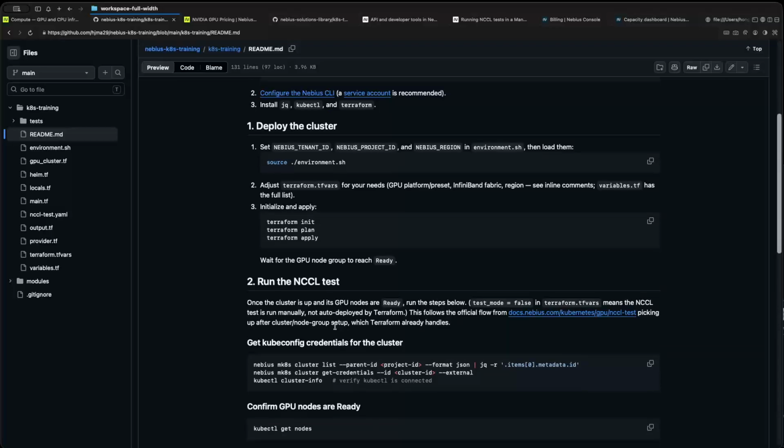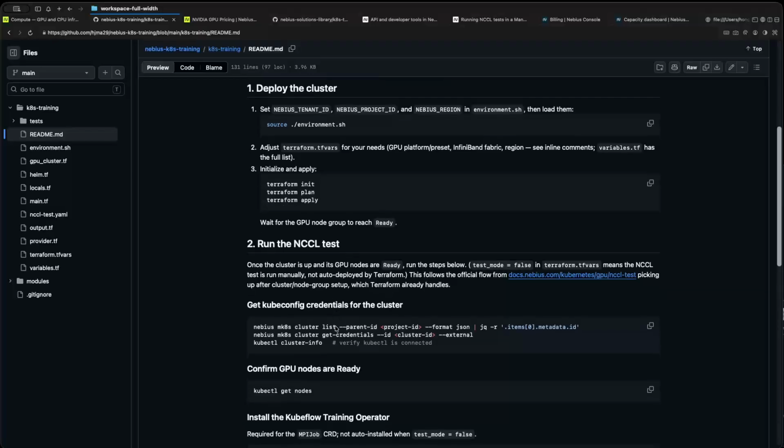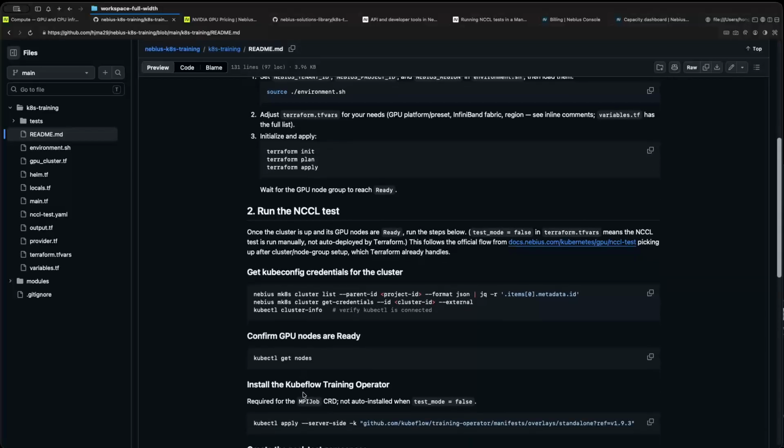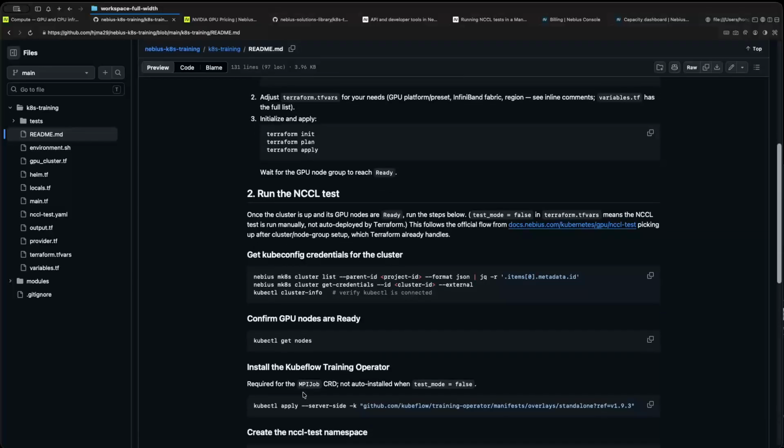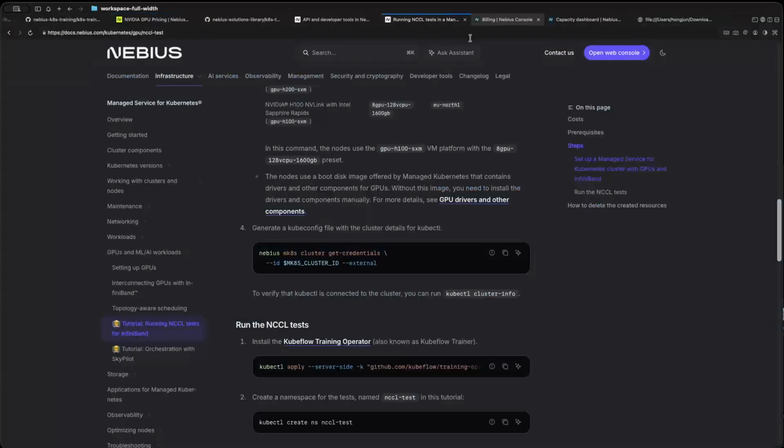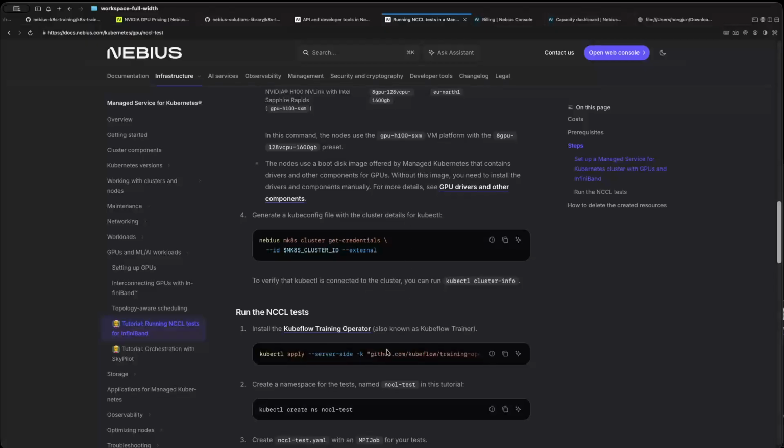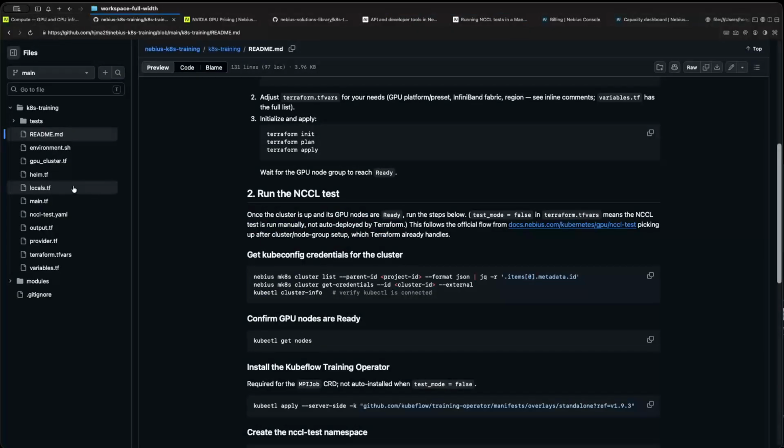And then you can start with this run command. Okay, so you first need to get the nodes, and then apply the MPI operator part. This is kind of the same thing as here, because you can see they also have the kubectl for the training operator. Okay,